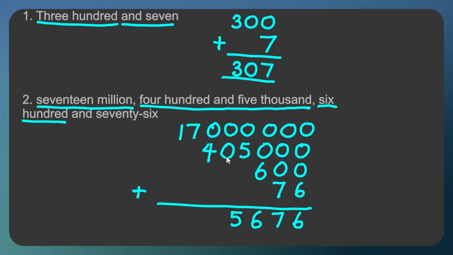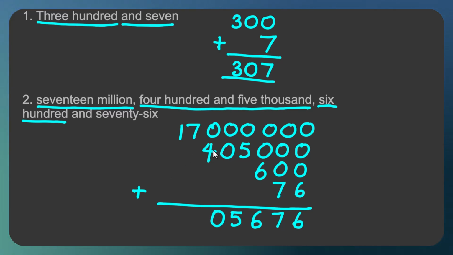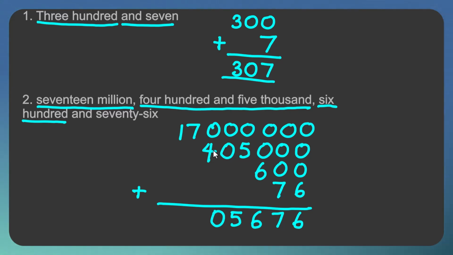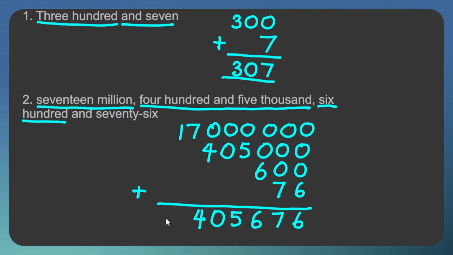The next is 0 plus 0 gives you 0 for your 10,000 place value. Next is 0 plus 4 gives you 4, which is placed down for your 100,000 place value. And next is our 7. We bring down our 7 and we bring down our 1. So this is our final answer for this question, which is